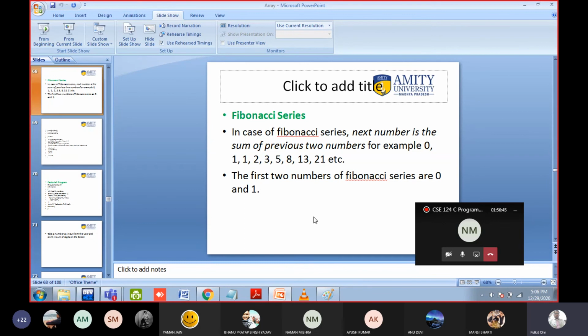So from the user, take the input that how many elements of the Fibonacci series you want to print. For example, if the user says I have to print 5 elements, so you will print 1, 1, 2, 3, 5 because these are the first 5 elements. So this stopping condition, how many elements you want to input, this will become a stopping condition in the loop, yes or no? You can write a loop. You simply have to write a loop and you can print the Fibonacci series. It is very easy. So you have to tell me how you can do it. Only the logic.